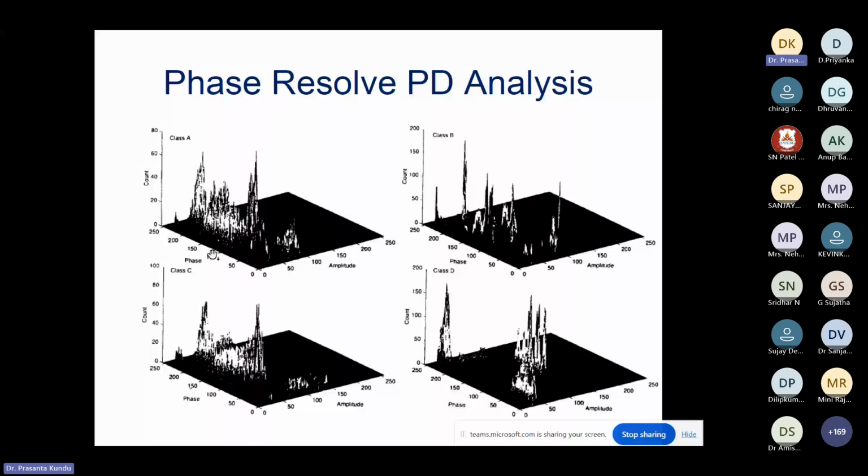So here it is the same thing: phi, Q, and N, that is count. Phase angle, amplitude Q, and N. PD is measured in terms of Q, normally in terms of charge, which is the integral of the current pulses over time. There are cases where it can be measured in millivolt or microvolt in terms of voltage, where the PD in terms of pC is extremely high. So we get these different patterns for the phase-resolved PD. A few patterns are shown for the different cases.